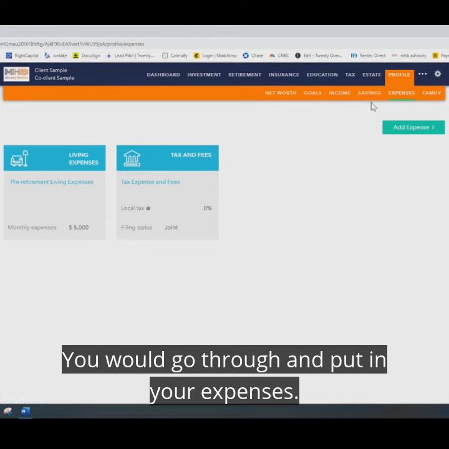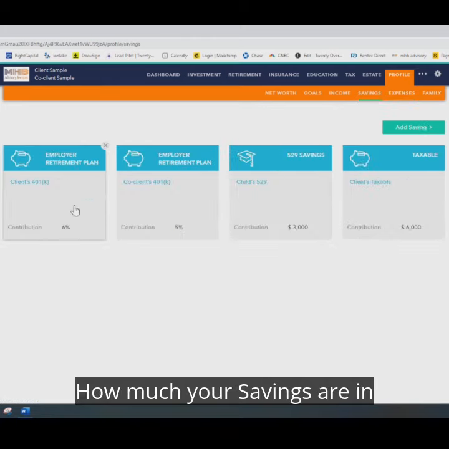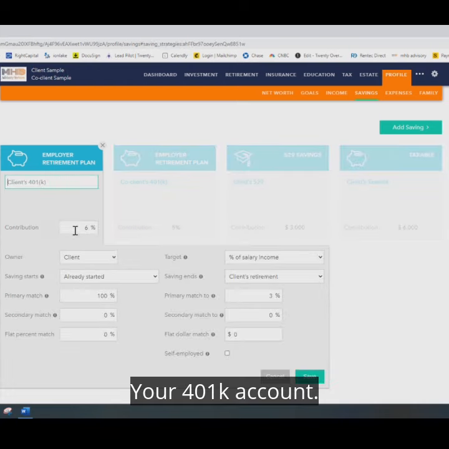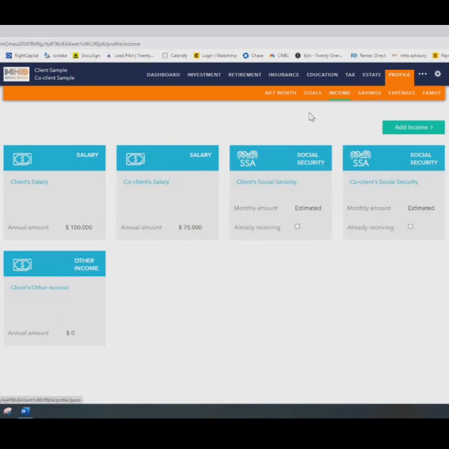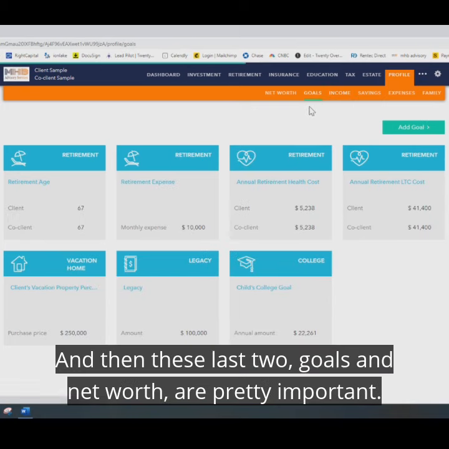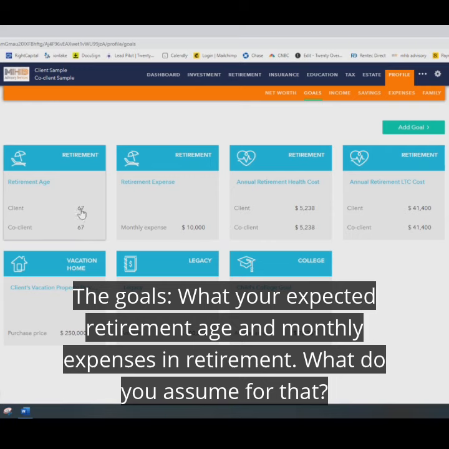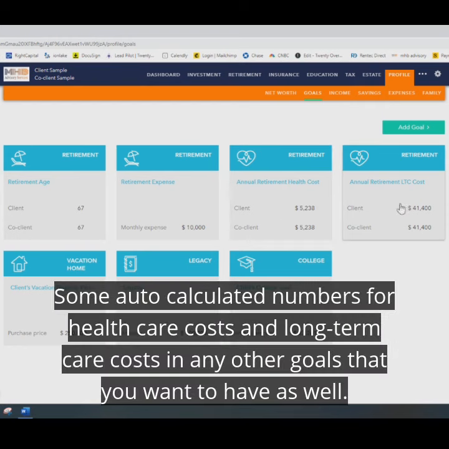Moving along, you would also go through and put in your expenses, how much you're saving in things like your 401k account, and what your current salary is. And then these last two, goals and net worth, are pretty important. For the goals: what's your expected retirement age, and what do you assume for monthly expenses in retirement? There are some auto-calculated numbers for healthcare costs and long-term care costs,